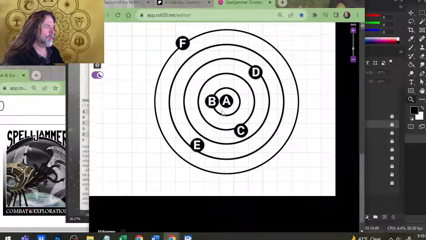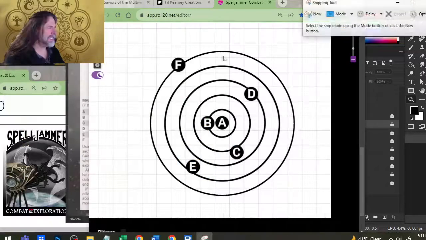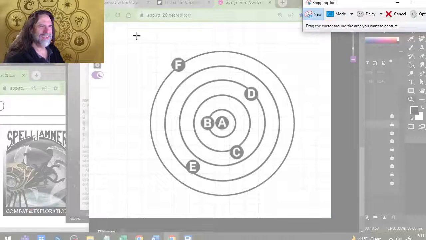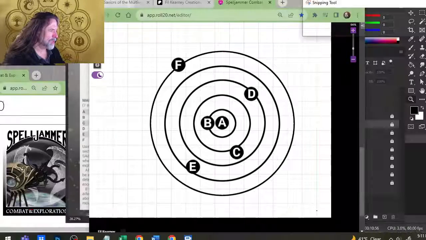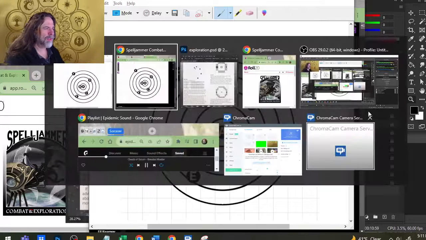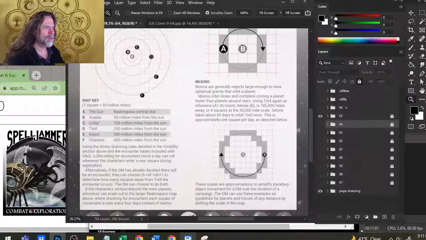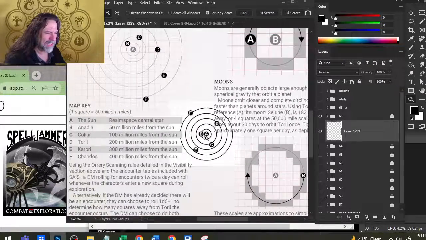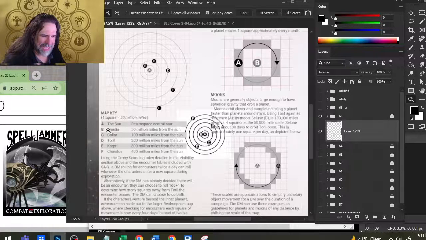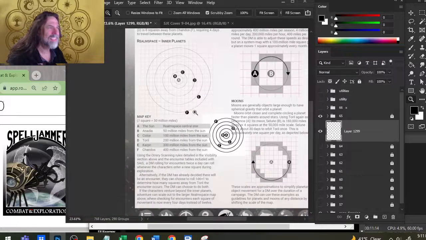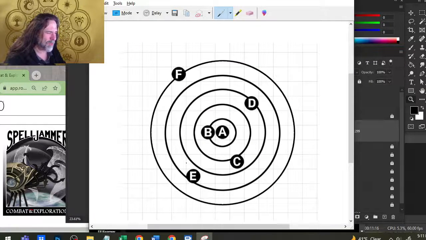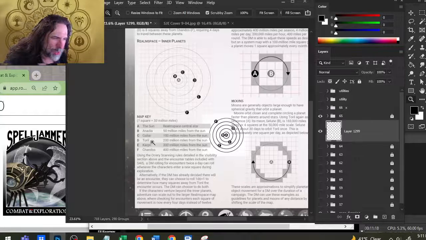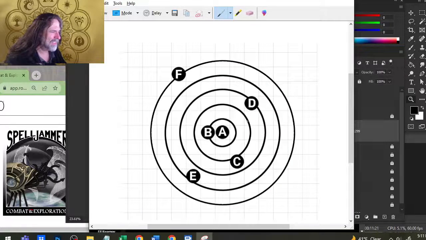And then you could take a snipping tool and just grab a screenshot of what you built here in the Roll20, copy that, and then you could provide this as a document at the table for your team to have their own custom look-see. Here's the position A, B, C, D, E, F for the inner planets, say for Tyrell, and here's where they're currently positioned. And looking at the map here, you can see, well, if I want to get from, say, Tyrell D and I wanted to get to Collier C, Tyrell is currently here at D, and